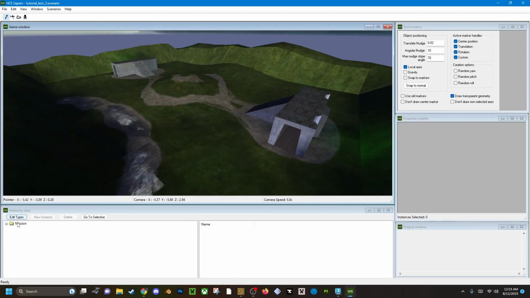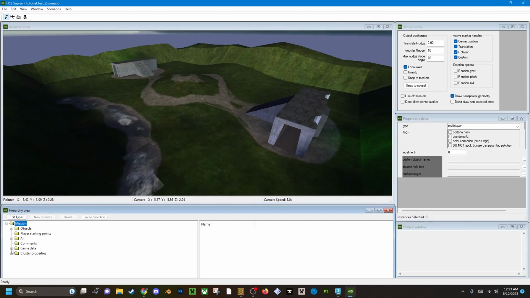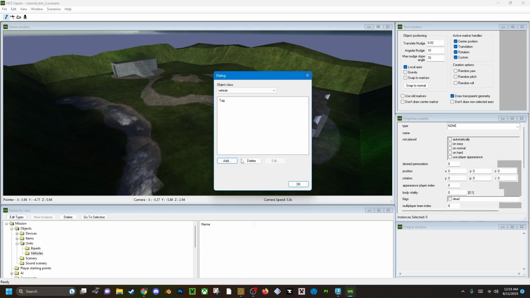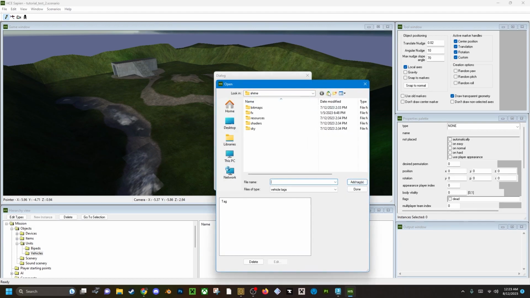Now we're going to go ahead and put vehicles on the map. So I'm going to show you how to place stuff. In your hierarchy view, we're going to go ahead and add vehicles. So we're going to go vehicles, edit types, and we're going to hit add, and we're going to add the tags to it. So we're going to go to HCK,